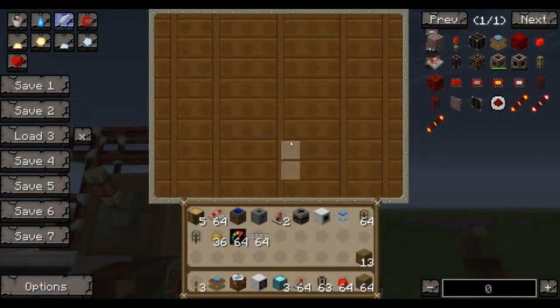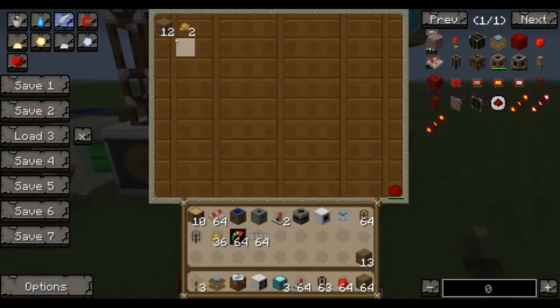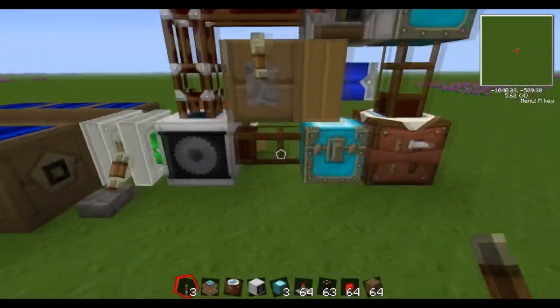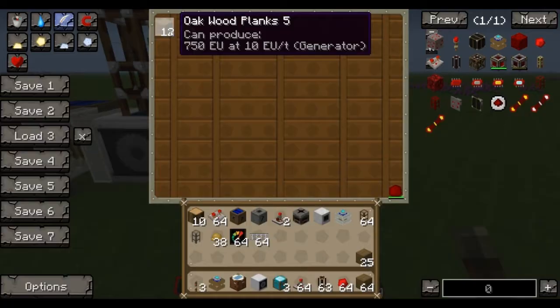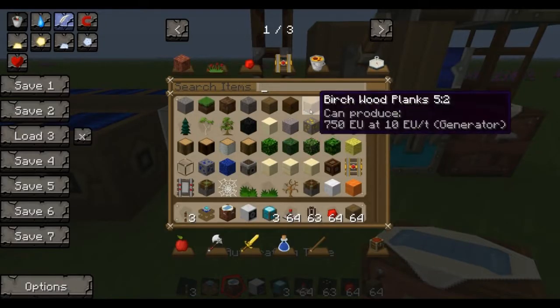We take all this out, like so. I think that's everything. There's one more bit wanting to go in. Good God, what is it doing? There we go. Right, now we're going to break the sawmill like so, and then we are going to put a...